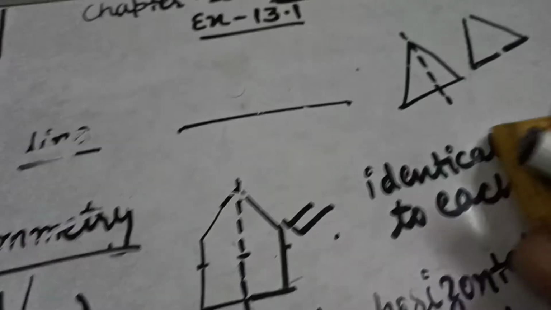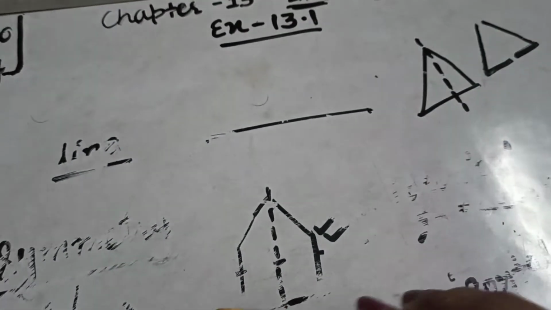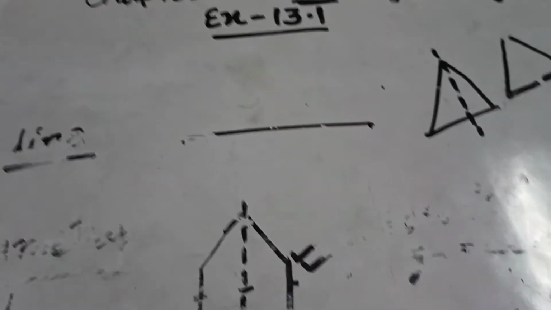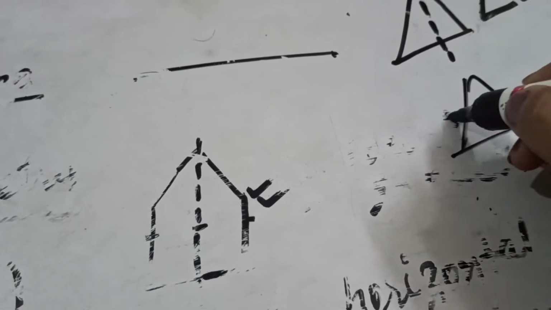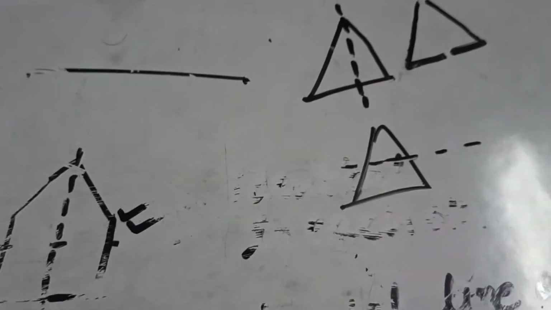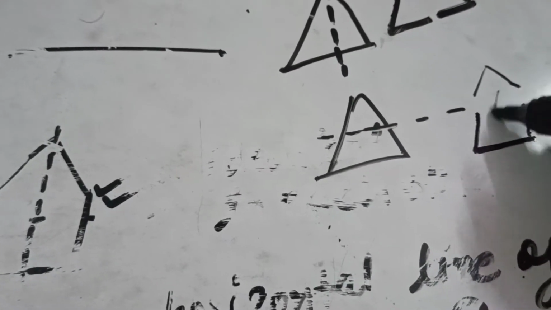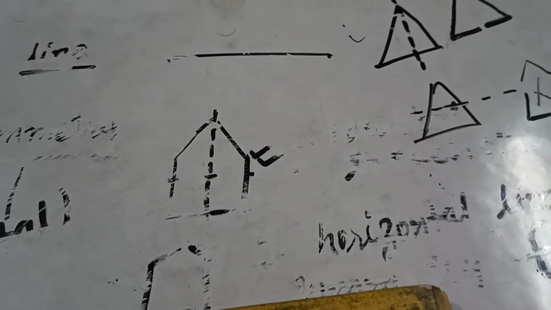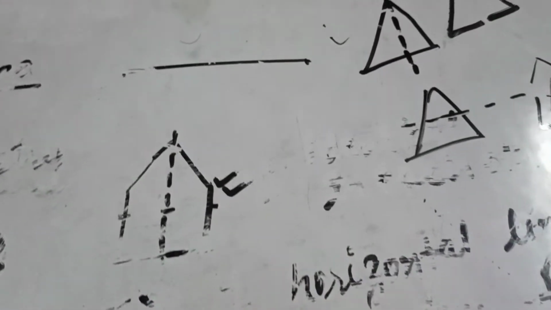So here, see, this triangle example I gave you in the starting: in the triangle, how many lines of symmetry are there? Only one line, like this. If I draw the line here, this is a triangle. If I draw this horizontal one, can it divide the triangle into two? One is this and second is this. They are identical? No. So how many lines of symmetry in a triangle? In the triangle, one line of symmetry is there, right?